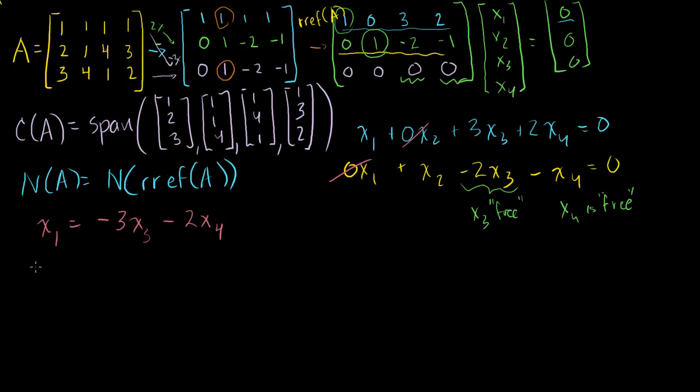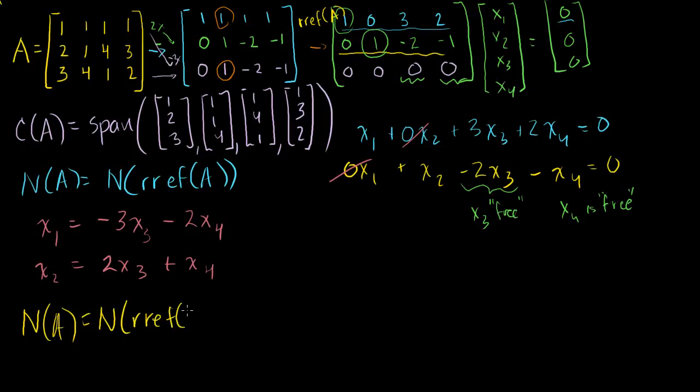And I can say that x2 is equal to 2x3 plus x4. And if we want to write our solution set now, so if I wanted to find the null space of A, which is the same thing as the null space of the reduced row echelon form of A,